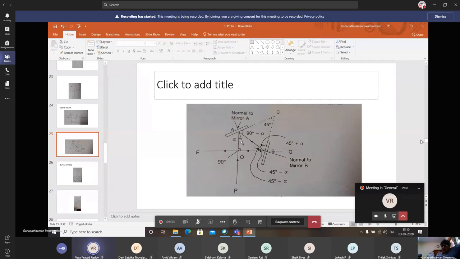So this angle is alpha, then you will have alpha over here, right? So this angle is 2 alpha over here. So this is 180 minus 2 alpha. This angle should be divided by 2, so it is 90 minus alpha. This one angle is 90 minus alpha. Here all three angles make 180, so here you will have 45 plus alpha. When you solve for it, you will get this angle as 90 degrees. So this is the proof.